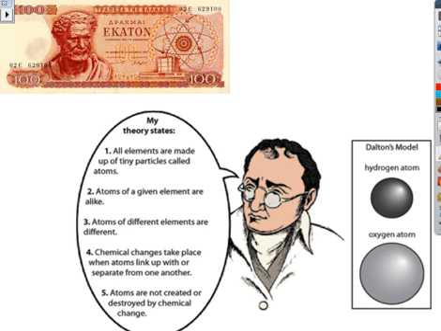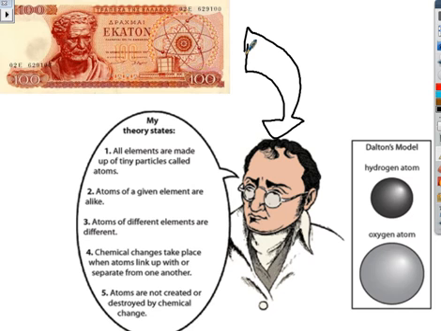Now, our understanding of the atom at the time could date all the way back to Democritus. His idea was that we could break matter down, but we got to a certain point where we couldn't break it down anymore. And his word for these small particles was atomos, or atoms, which was picked up by a teacher, John Dalton, in the 1800s. He came up with this theory of